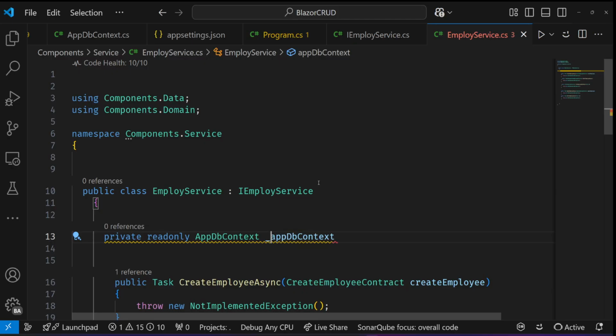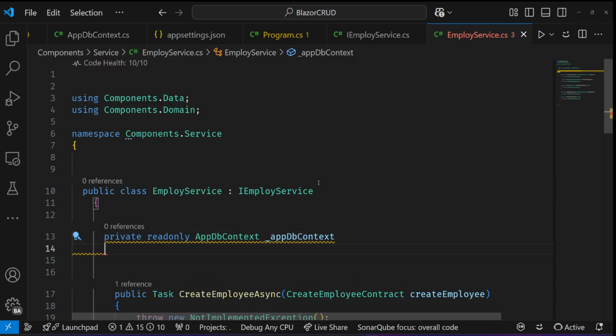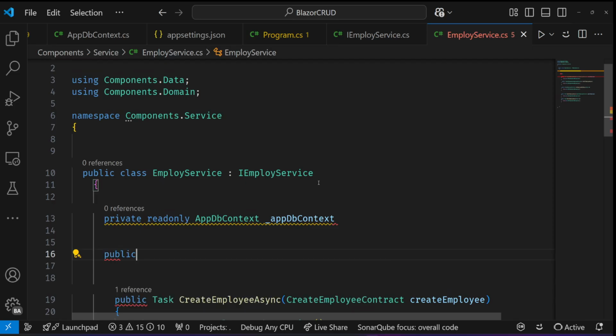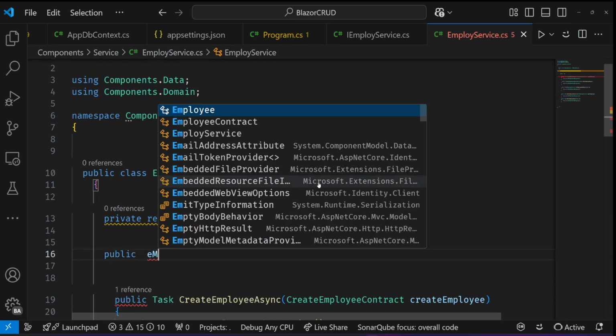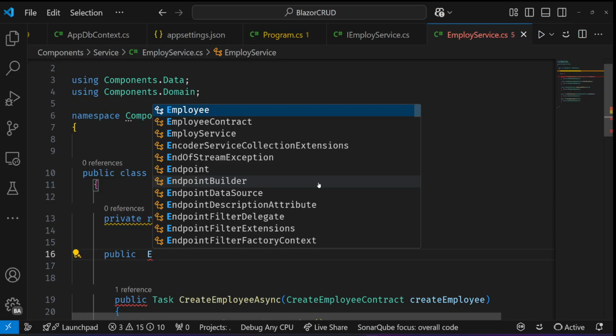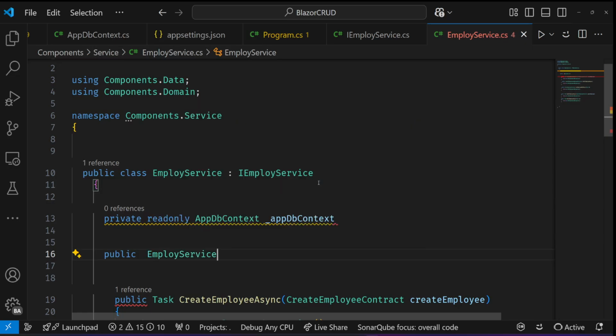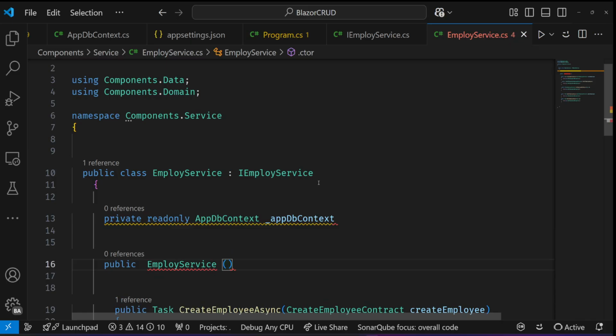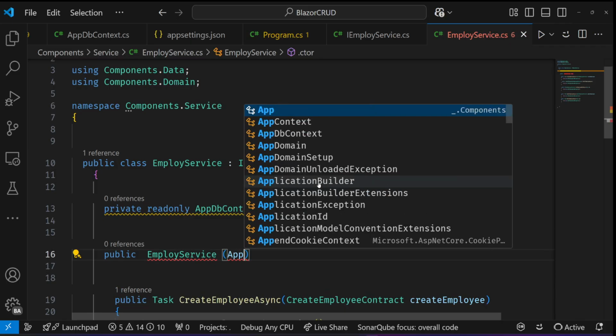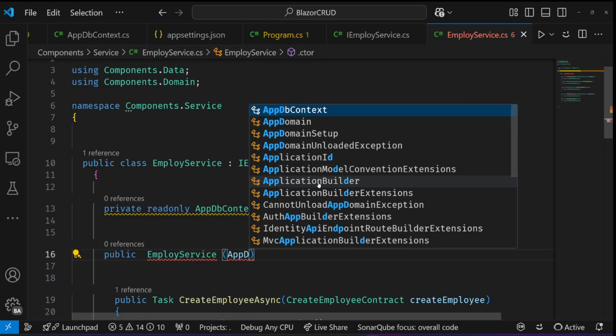It's a preference, you can do it like this if you want, and then we are going to create some kind of a constructor. So we are going to create a constructor, so we can say public EmployeeService, and then it's going to take in AppDbContext right here,